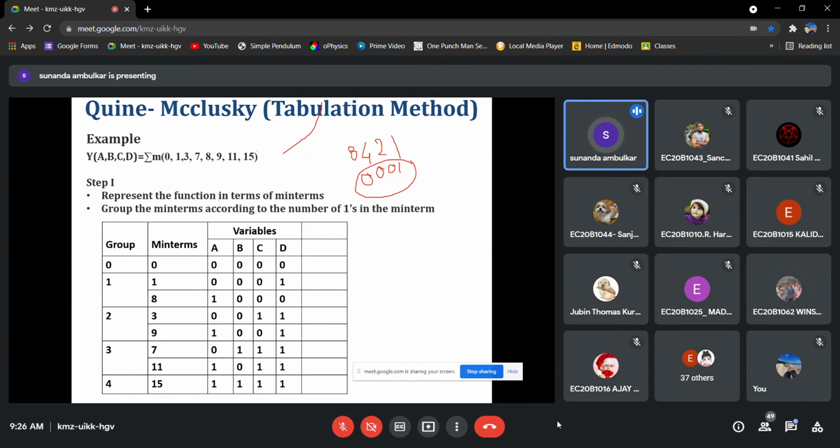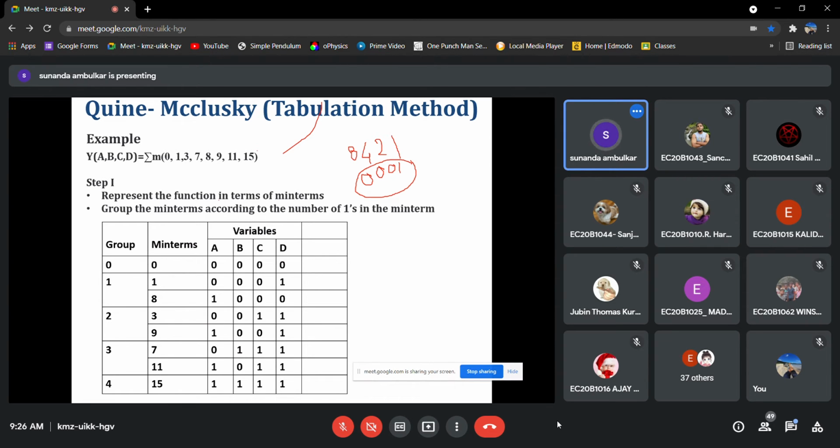Now we have a Boolean expression. We don't use the binary from 0 to 15 in general. We take a Boolean expression representing a certain number of min terms. That is just the logic. Clear now? Yes. We are not minimizing the whole range 0 to 15.